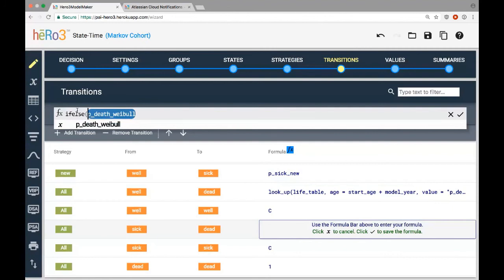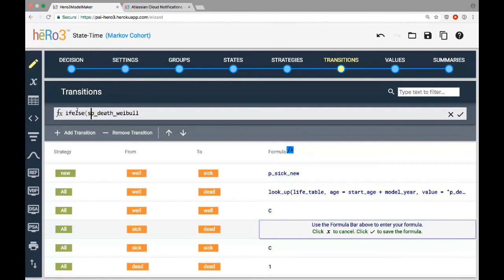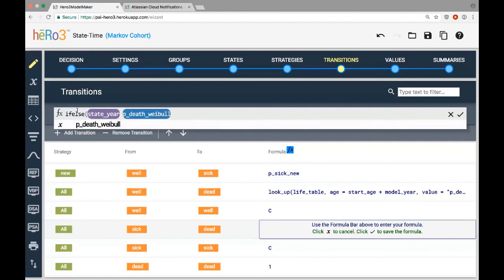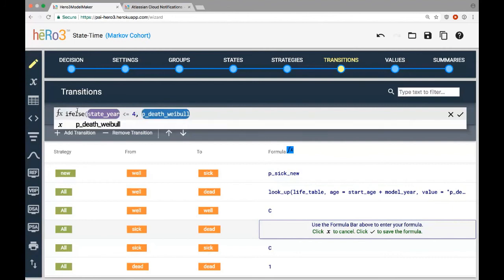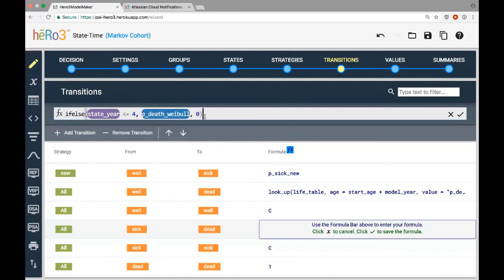So what we're going to do is state year is less than or equal to 4. And so if we're in the first 4 years of being sick, then we'll use this value. And otherwise, we'll use a value of 0.